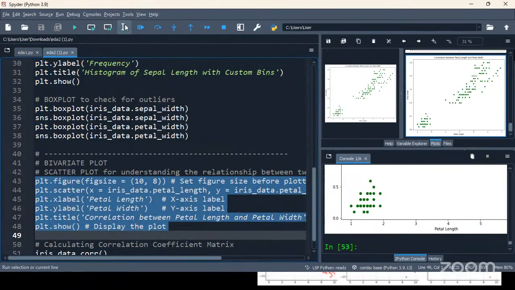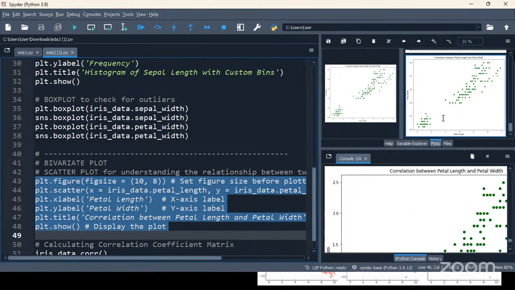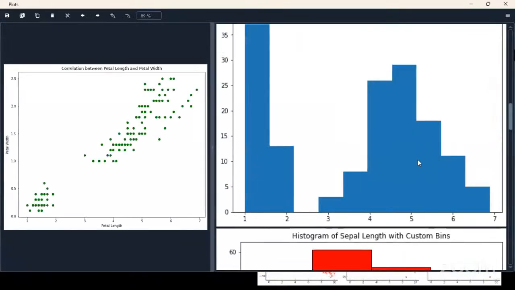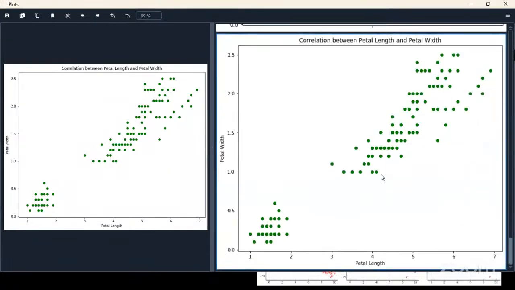You see here, this is my scatter plot. Now you take a call. Tell me the direction for this plot, first of all.